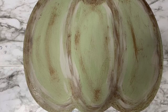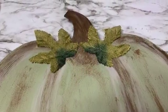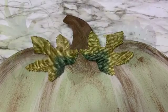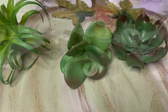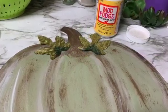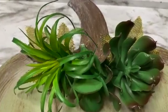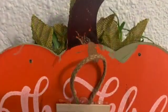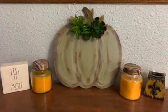and I hope I accomplished that. And then I took 2 of the little green burlap leaves from the Dollar Tree package, and I glued them to the top next to the stem, and I found some succulents also from Dollar Tree. Before attaching the succulents, I decided to use the matte Mod Podge from Dollar Tree over the whole pumpkin, and then I went ahead and used hot glue to put the little succulents on. I made a hanger in the back using nautical rope and a little piece of a popsicle stick,